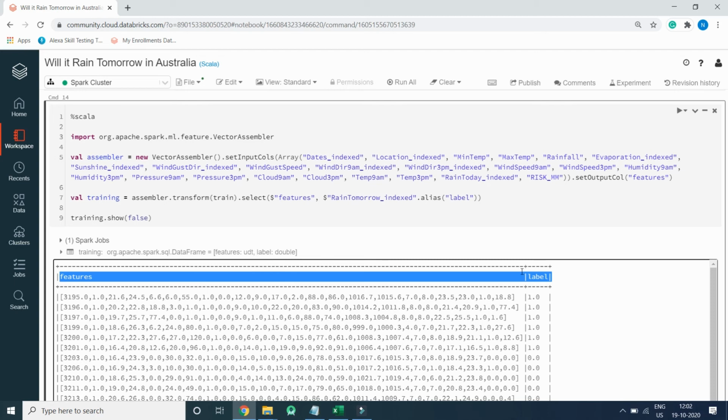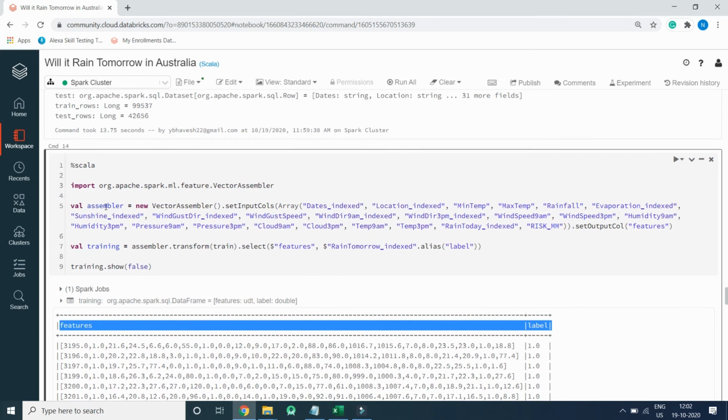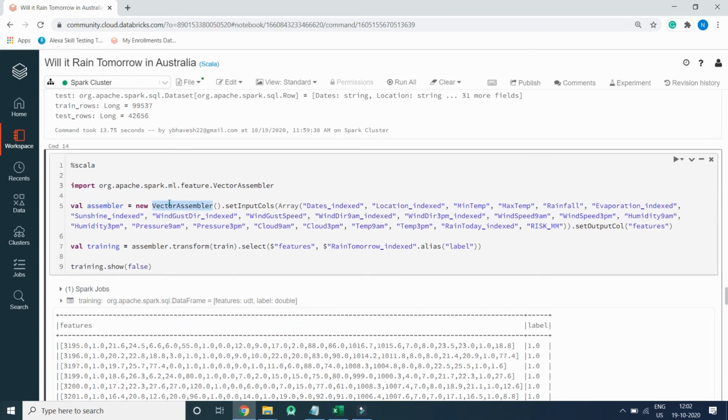So here we are writing vector variable assembler equal to vector assembler, which is the function available in Spark machine learning, and we will specify all the numerical columns. Please make a note, if we specify a string column, our job will fail. So make sure we have all the numeric columns and set output column as feature.